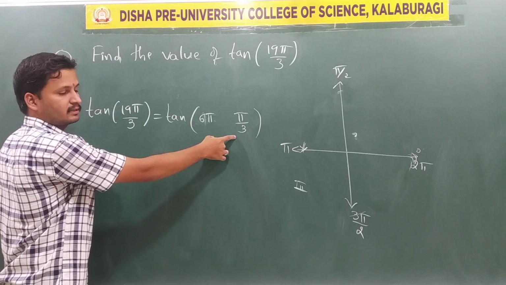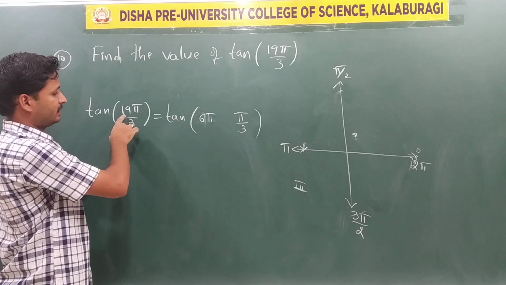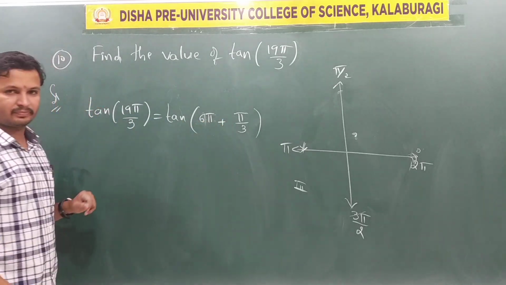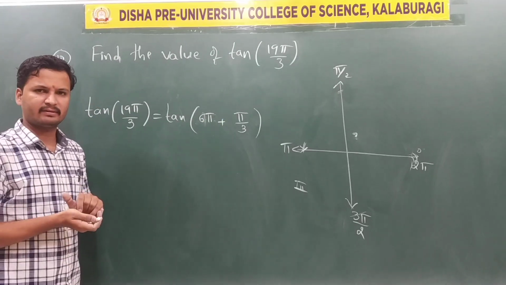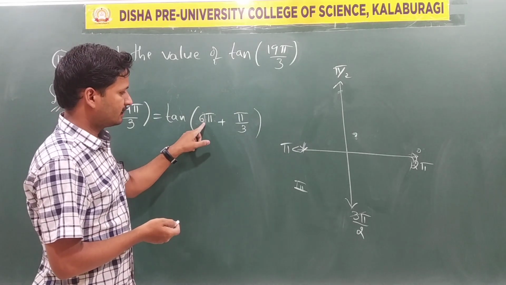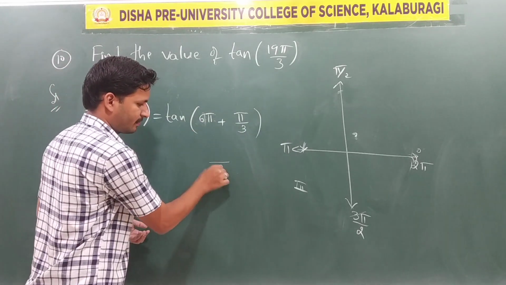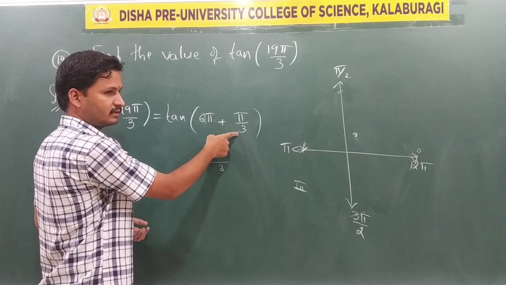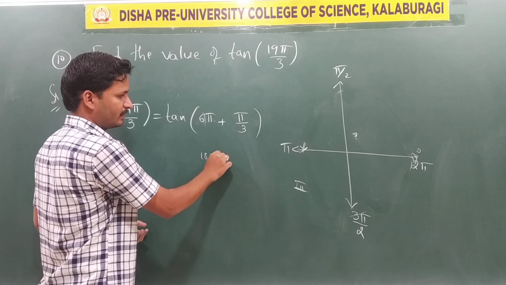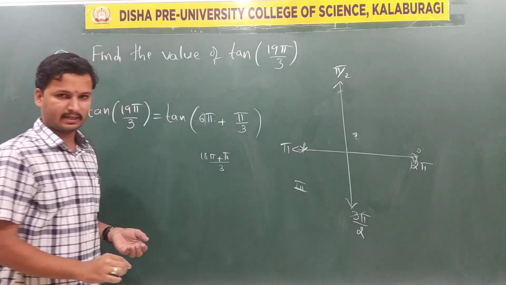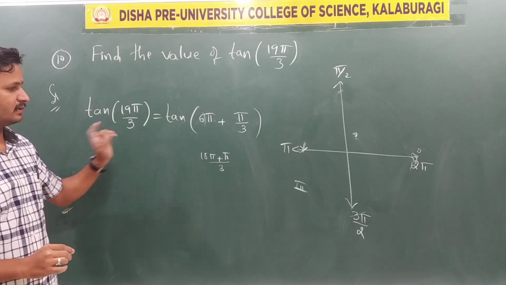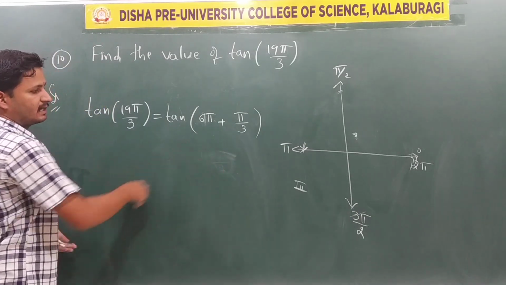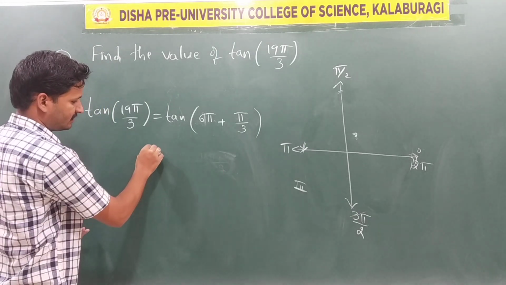So 6 times 3 is 18, but here 19 is there, so just add. See, LCM is 3. Here 6 pi is there, 6 pi into 3, that is 18 pi plus pi, 19 pi divided by 3. That means this 19 pi by 3 can be written as 6 pi plus pi by 3, which is equal